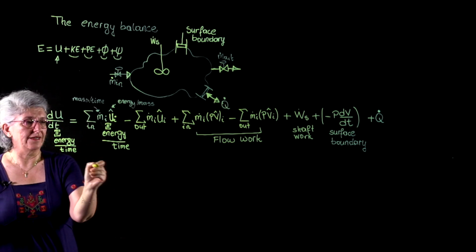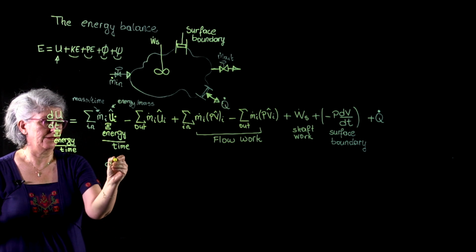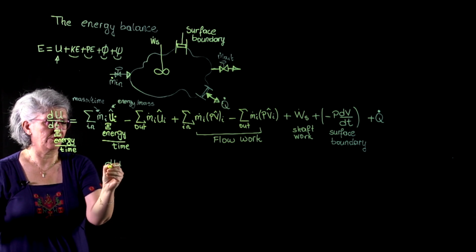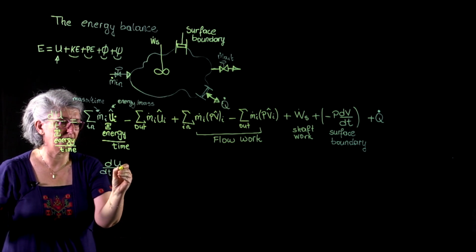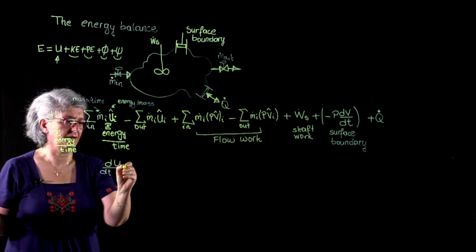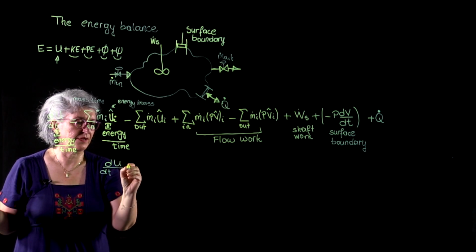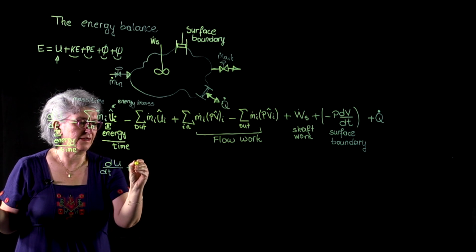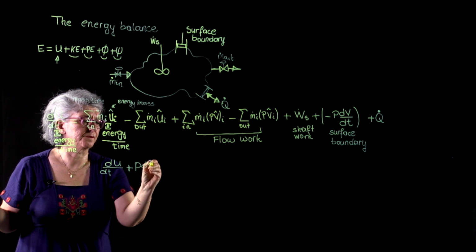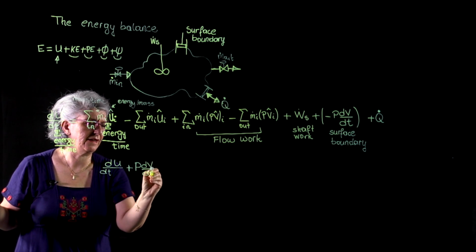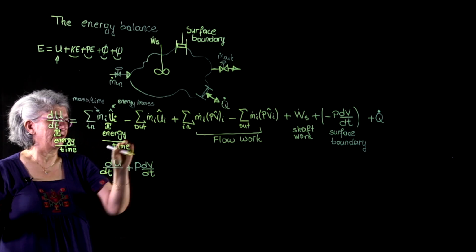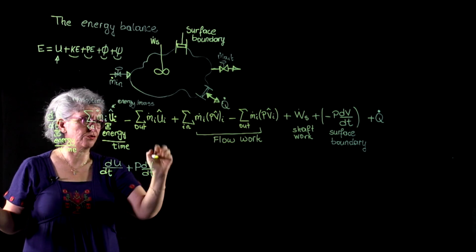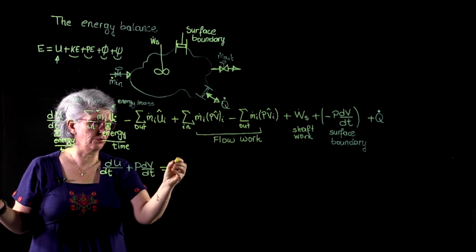We have du over dt, let me not go very fast, plus P dV over dt. Okay, I grouped similar terms together. And I'm now going to group similar terms together here. Is going to be equal to